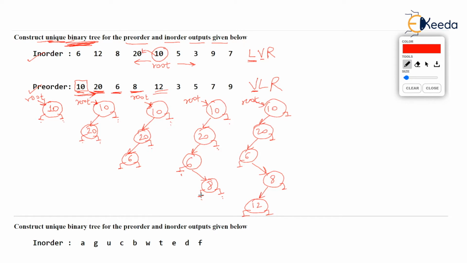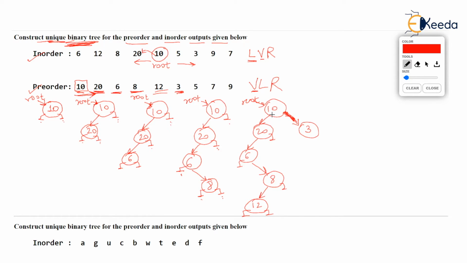Let's take the next value 3 from the pre-order. Where should this 3 go? Start at the root in the in-order and check the new value 3. It is to the right of 10. And in our latest tree, the right pointer of 10 is null. So you can add 3 to the right of 10. Now I will not draw new diagrams as I don't have that much room. We conclude that 3 is going to go to the right of 10.